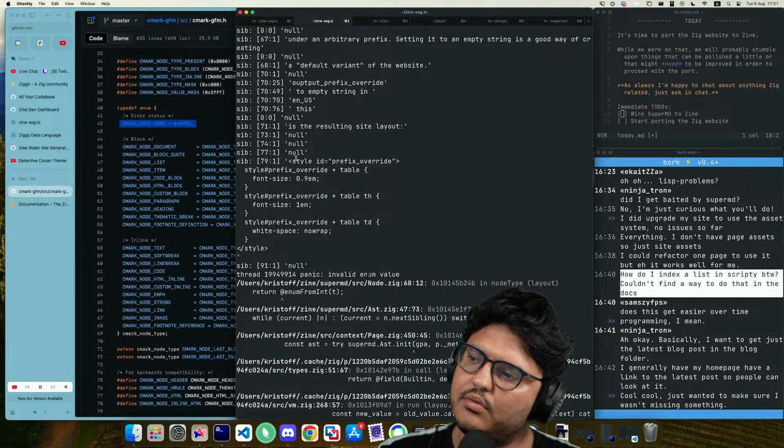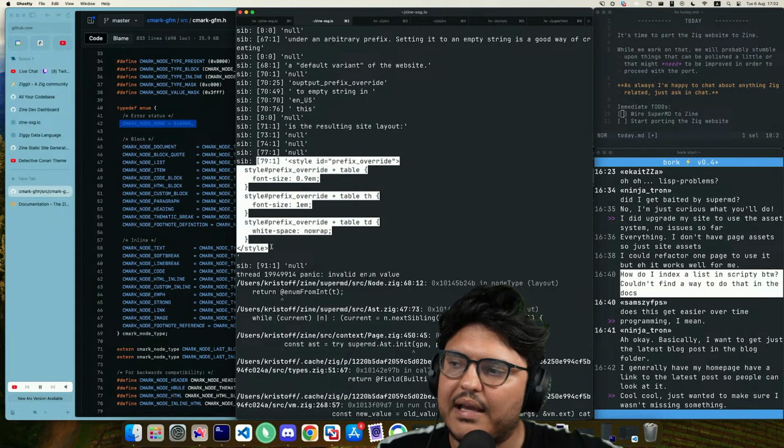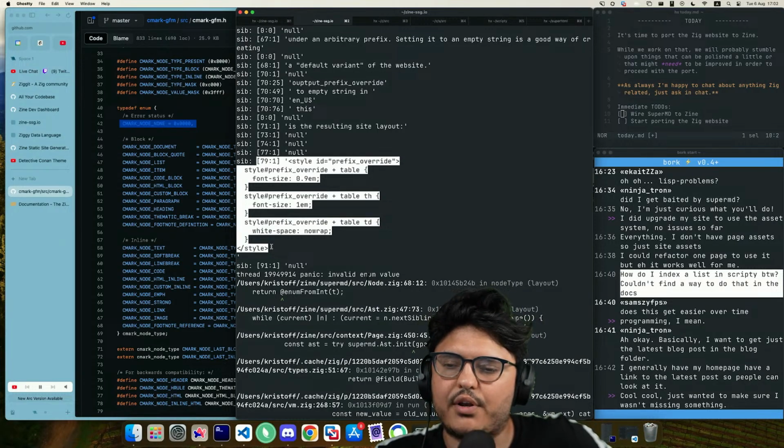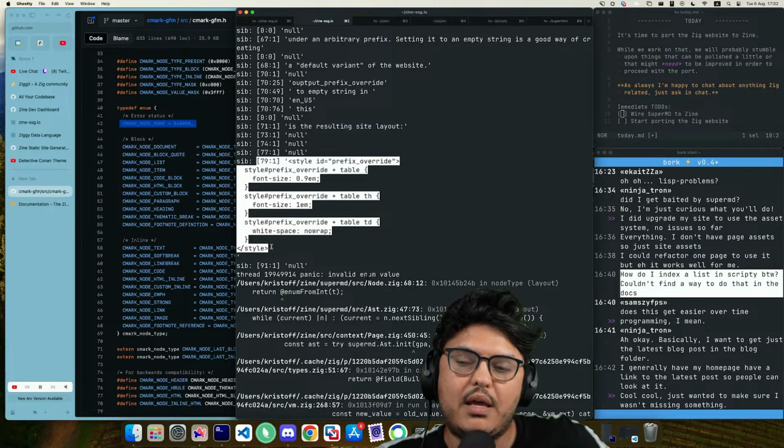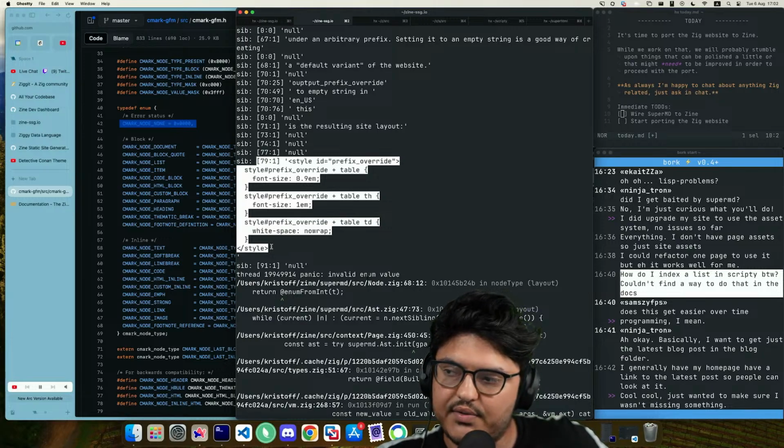So, finding invalid null value. At 79, we have this style. Oh, yeah, it's the table. That's what's going on. We have a table node, and the table node is just not handled by us.